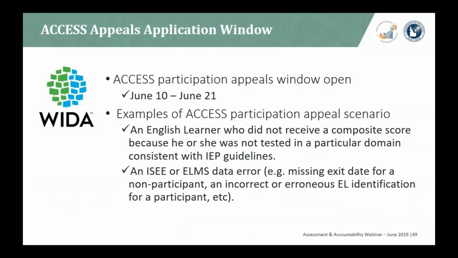Due to a delay in the ACCESS 2.0 for ELs data cleanup, the ACCESS Appeals window opened on June 10th and will now extend through June 21st. The appeals site allows districts to review unusual testing scenarios that may want to be appealed. For example, you may have an English language learner who did not receive a composite score, who would by default count as a non-participant, but didn't take the test in a particular domain, which was consistent with an IEP